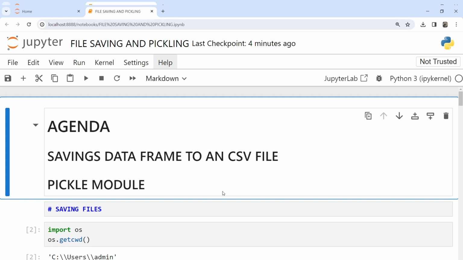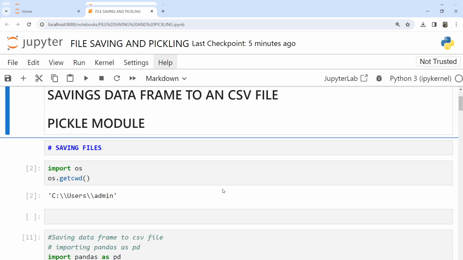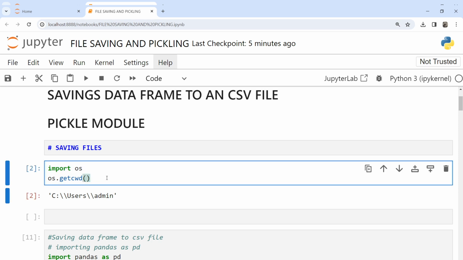And today's agenda is how do you save a data frame to a CSV file, and what is the role of the Pickle module. So to start with, let us take up the first agenda of saving files. Before starting with the operations, we have to import necessary packages. Here we are going to import the OS package, and the purpose of the OS package is to know what is